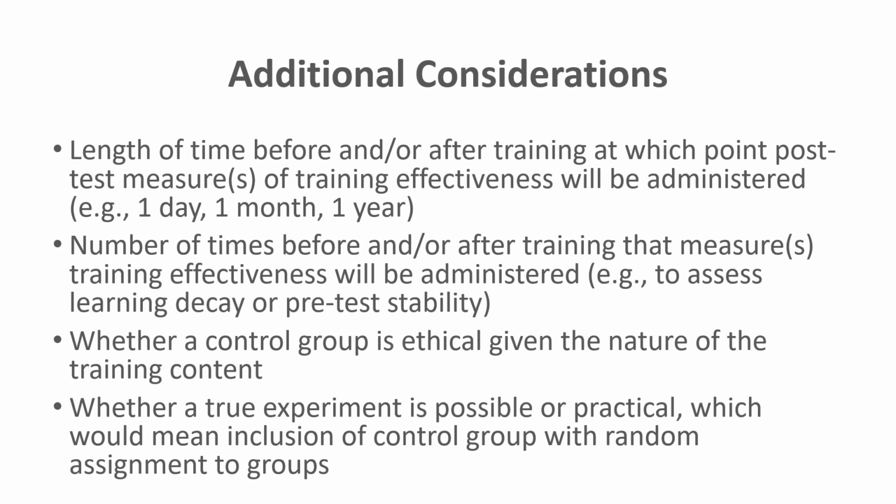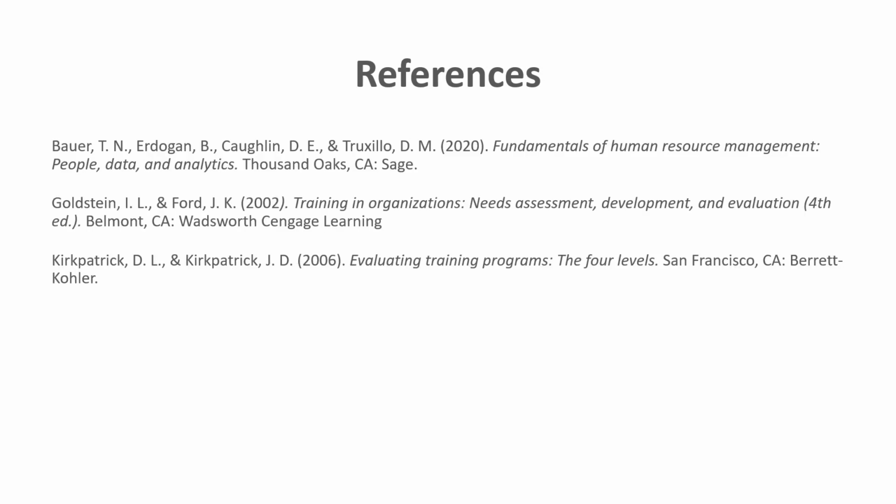So sometimes what we'll do is take naturally occurring groups and not do random assignment and say, okay, we have two facilities. We have a Portland and a Beaverton facility. We're going to assign the Portland facility to the training group and the Beaverton to the control group. And that way, at least there's less intermingling during the training itself between the control group participants and the training group participants or trainees. So just something else to consider as you're considering how to evaluate your training program.